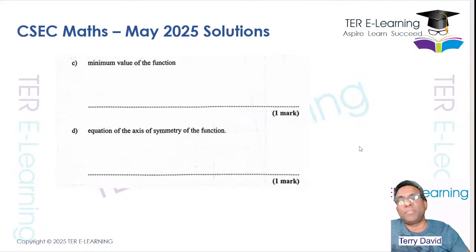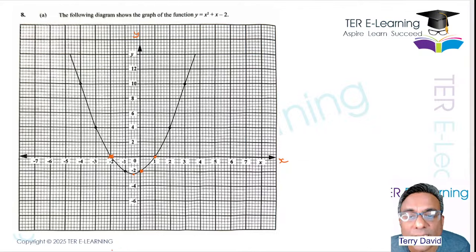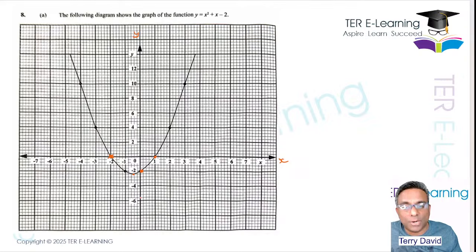They want the minimum value of the function. The minimum value of the function is simply the lowest point on the graph here, which you all have to read out accurately. So that's going to be about -2.2. So the minimum value is about -2.2. That's it. Don't tell them 2.1, they won't give you that as correct, because every small line...